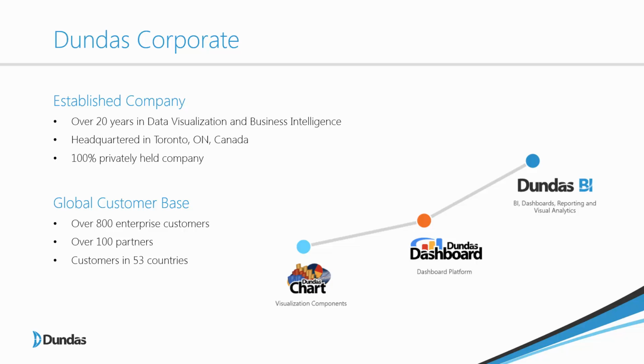Dundas has been providing software in the data visualization marketplace for over 20 years. From our head office in Toronto, Canada, we manage all facets of our business, from product development to fulfillment and customer training. We support two products in the marketplace today. Dundas Dashboard is a rich data visualization software with hundreds of users around the world. We also launched last year our Dundas Business Intelligence software, DBI. We'll be getting a more detailed look at that a little later when Ariel walks us through a demo.